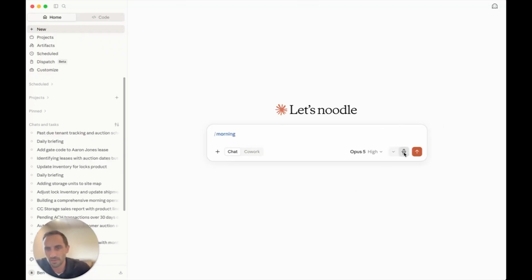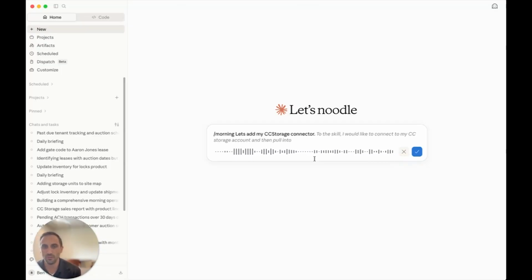I'm going to simply start here with morning, and I'm going to say something like, let's add my CCStorage to the skill. I would like to connect to my CCStorage account and then pull into my brief the